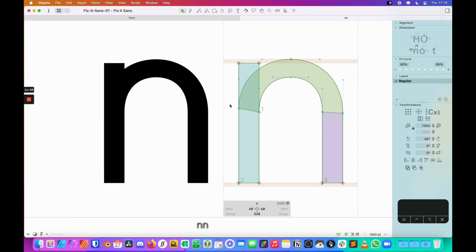So what I might do here, for the sake of getting started, is I'm going to take this point that goes to the outer edge, where this curve would come down and touch the outer left edge of the left stroke, and I'm actually going to bump it in. And usually what I do is I start at about the halfway point of the width of my stroke.